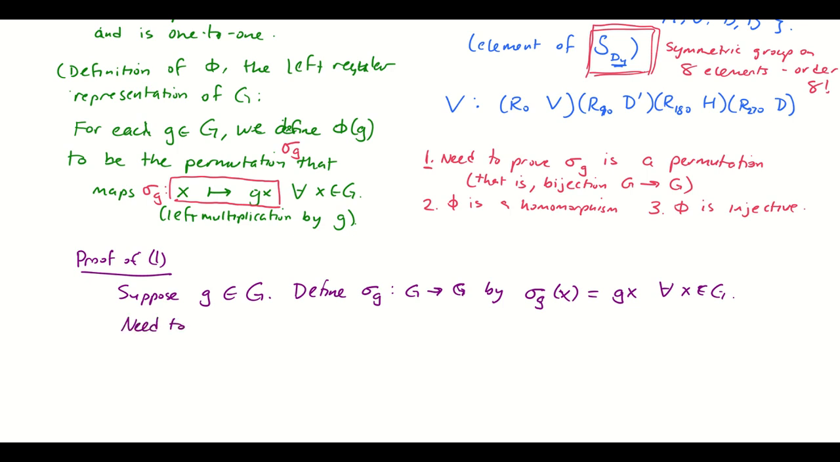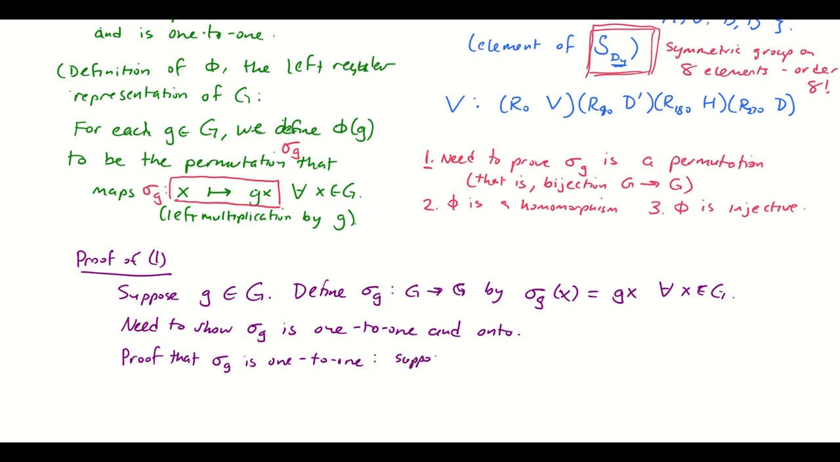So we need to show that sigma g is 1-to-1 and onto. Once I've proven this, I will know that sigma g is a permutation of elements of G. All right, so to prove that sigma g is 1-to-1, I'm just going to do the standard type of proof of one-to-oneness, which is, let's